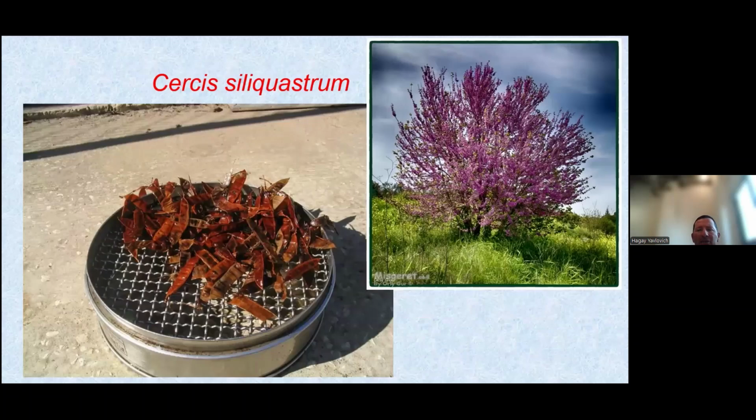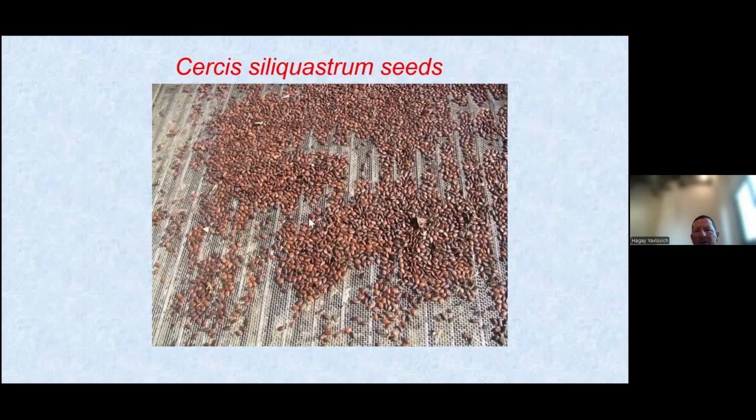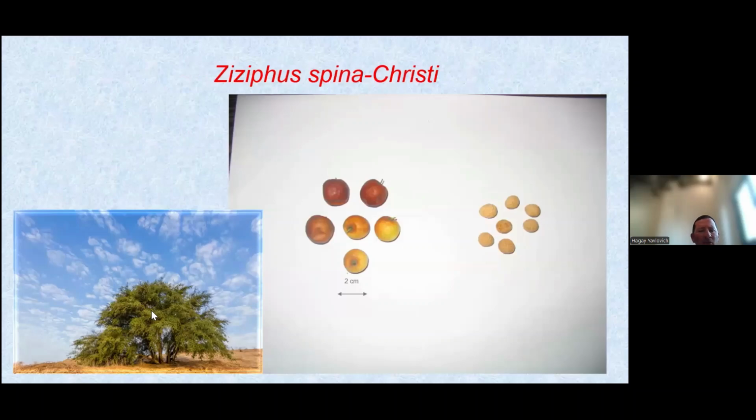And let's see some pictures to summarize this part. For example, we have the Cercis siliquastrum. This is the tree, and those are the pods. And eventually, we have these seeds and the Ziziphus that we saw many pictures from